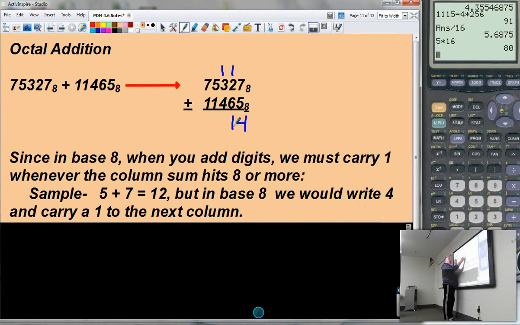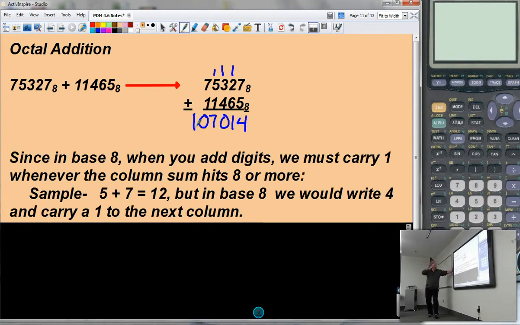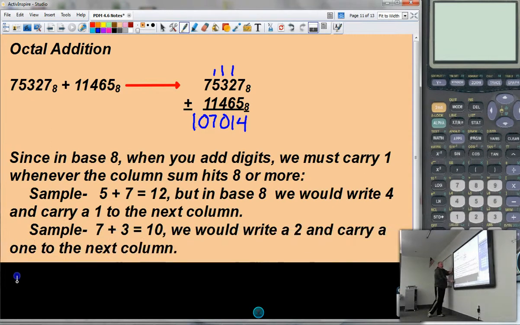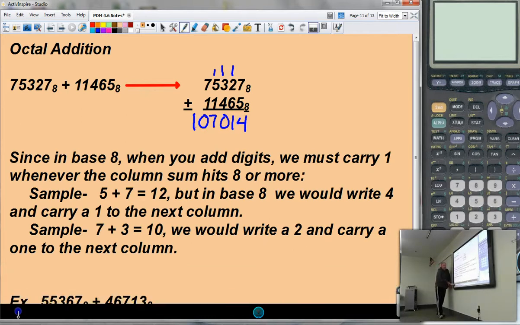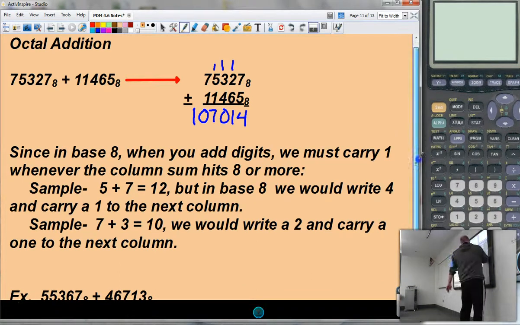3 plus 4 plus 1 is 8, so I'll write a 0 followed by a 1. 1 plus 5 is 7. Don't have to do anything. And then my last column, 7 plus 1 would be 8. So I'm going to write a 0 and carry a 1. Okay? So if I had 7 plus 3 equals 10, we would write a 2 and carry a 1 to the next column. Okay? Now I know this seems really confusing,